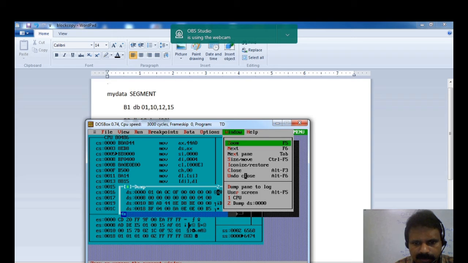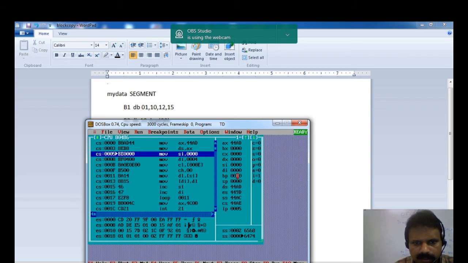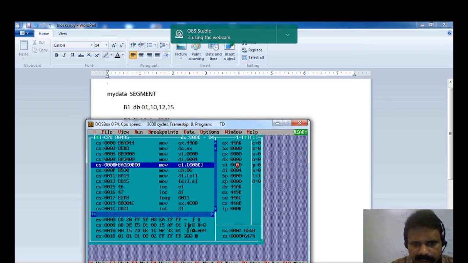Okay, let us close this and start the execution of the program. See the SI content, it is 00 now. We are executing that instruction, and DI will be initialized with 04 now. Did you understand why this DI was filled with 0004?